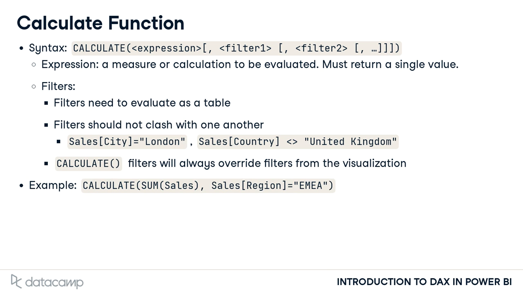Now that you've seen the difference between row and filter context, let's put into practice what